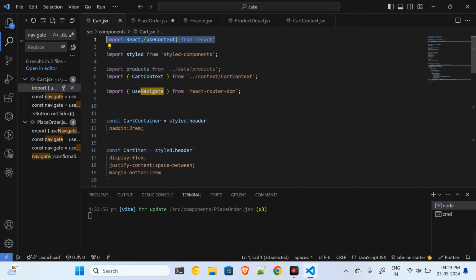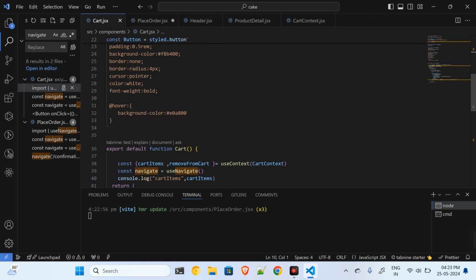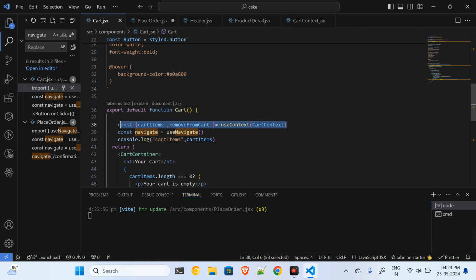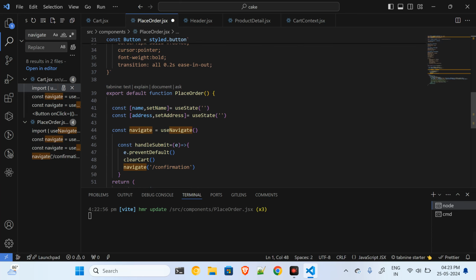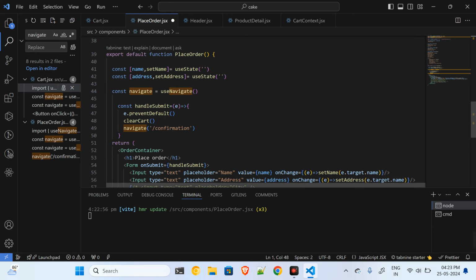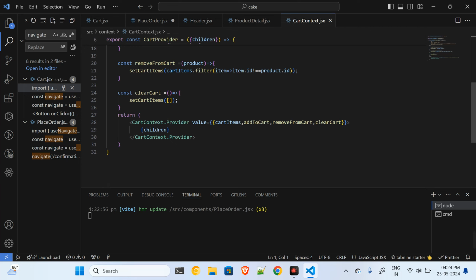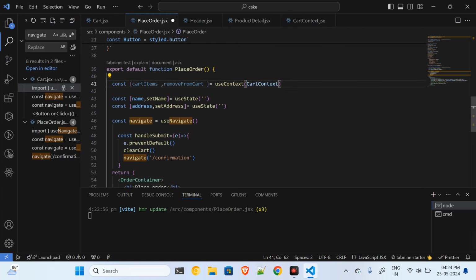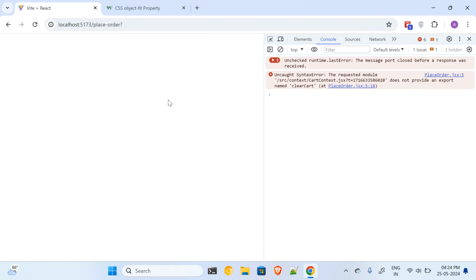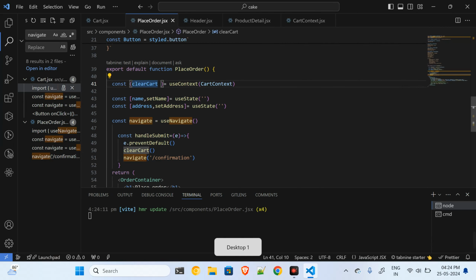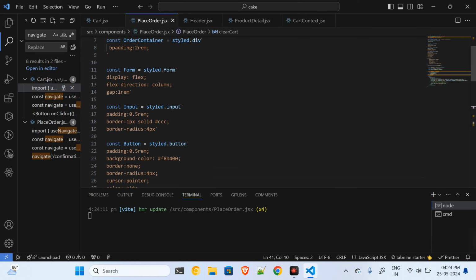I have to make use of the use context, whatever context I have imported, like this place order, and I just want this one thing. Let me just refresh and see now. The request module doesn't provide export. Okay, I understood. I will be importing the clear